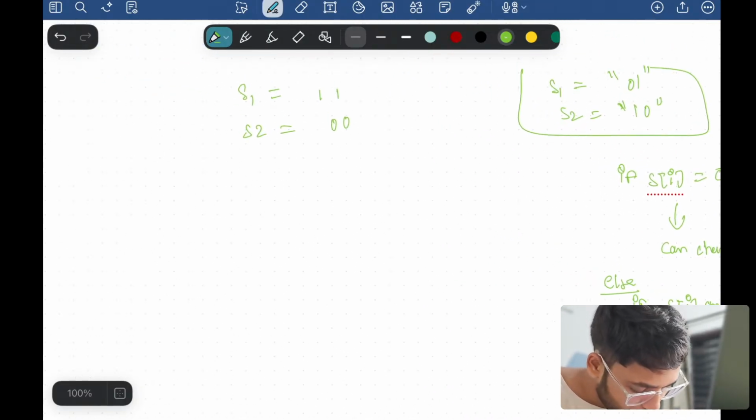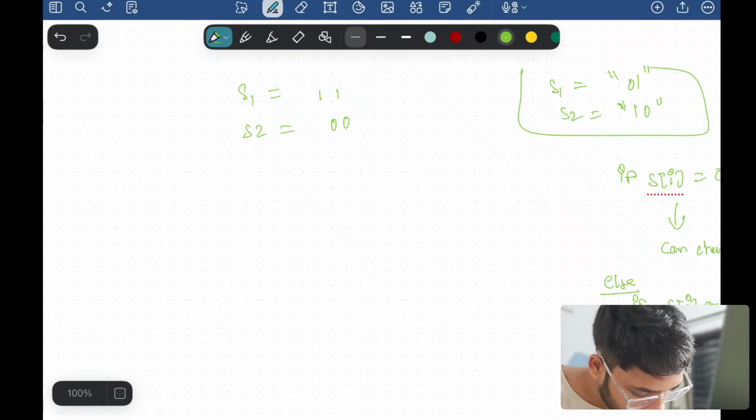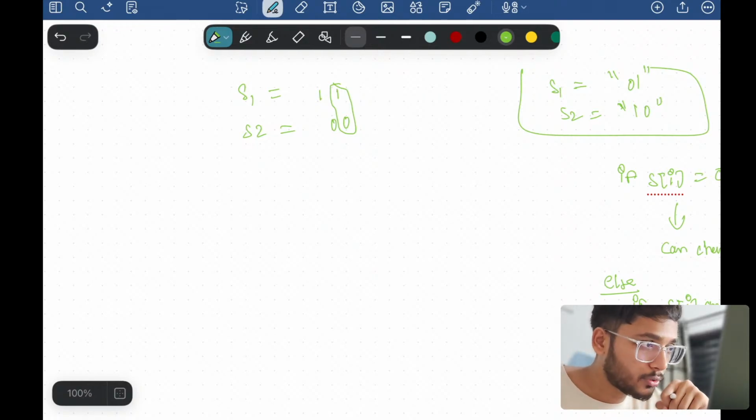So suppose I have been given this string and I'm at the last character. I'm checking for the last character. So what are the options available? Definitely, I won't be able to change it to